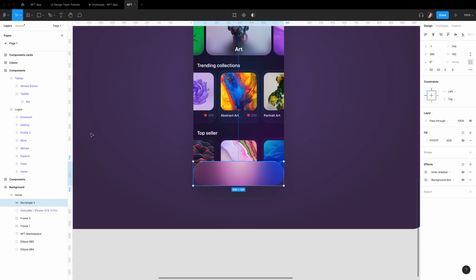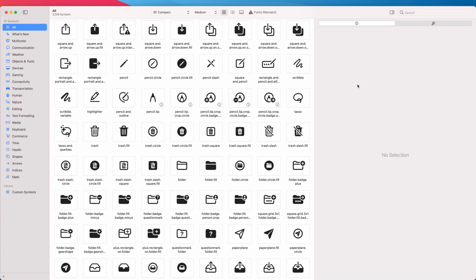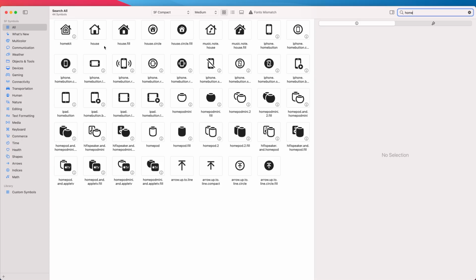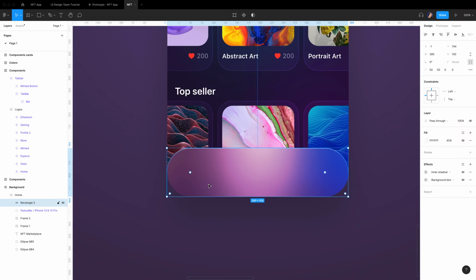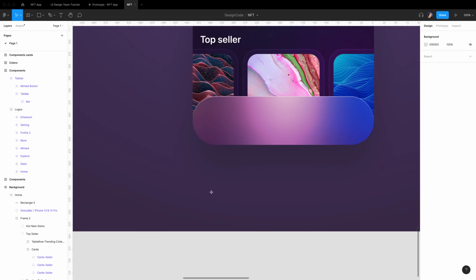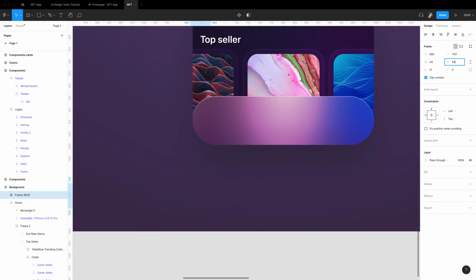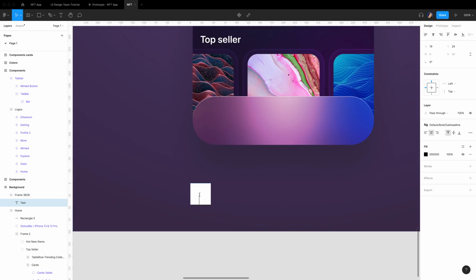Then let's add my icon. For my icon tab bar, I'm gonna use from as a symbol. So you search for home. Then what you need to do is just click the one that you like and copy and paste. What I can do is create a frame 44x44. Add fill so that we can see. Add text here, paste,